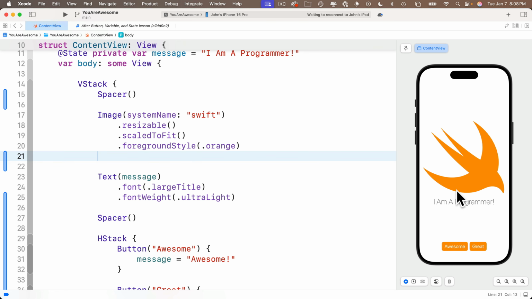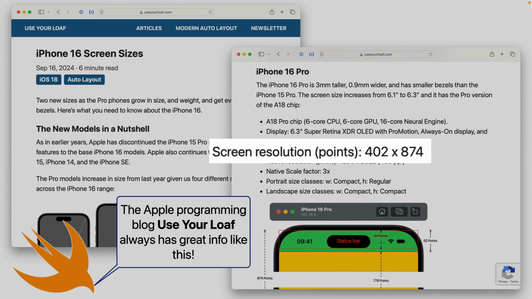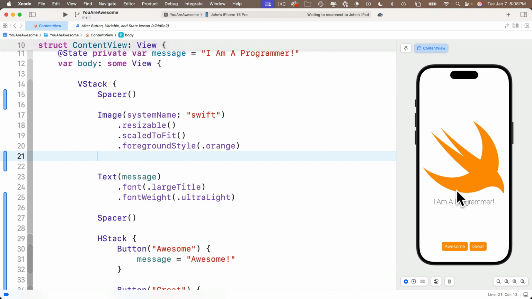Now that might not mean anything to you, but the resolution for the iPhone 16 Pro is 402 points across. These are not pixels. We'll talk about that in a future lesson. Again, I don't want to overload you with too much context here, but 200 by 200 should take up about half of the width of the screen, and a frame modifier will let us do that. So let's make some space below the image view and after the image view's foreground style modifier, and we'll start